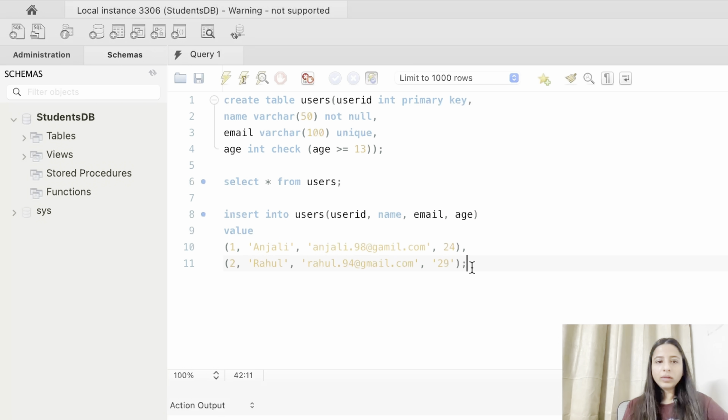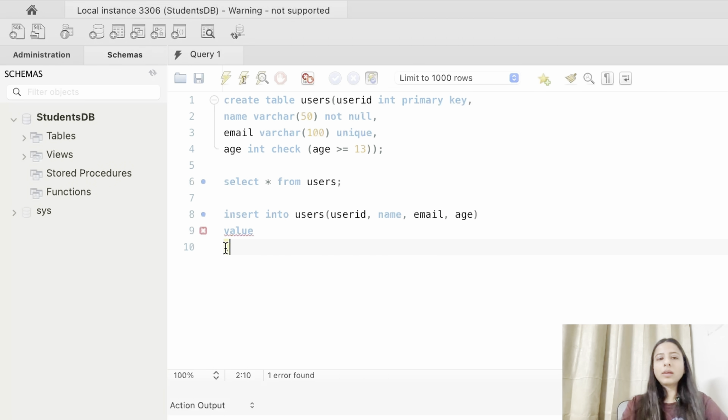So I'll just remove this, and let me just insert a value with user ID as 2, name as, let's say, Rahul, and email, let's say rahul.93@gmail.com, and in the age, let's say it should be greater than or equal to 13. So let's write 12. And now let's simply execute this and see whether it executes the query successfully or throws the error.